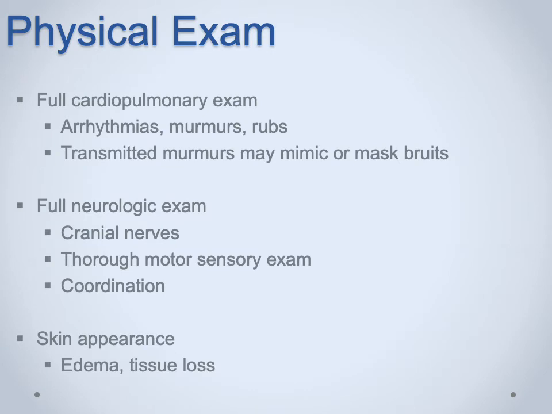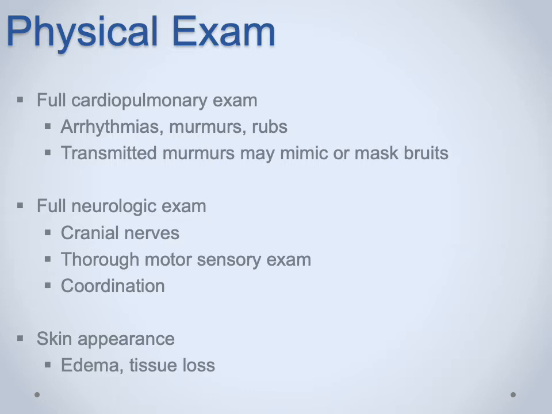Now, when you're taking a physical exam for a vascular history, it's important to do a full cardiopulmonary exam, assessing for evidence of arrhythmias, primarily AFib, any murmurs that would lead you to believe that the patient has aortic stenosis, or rubs if they have any sort of evidence of valvular disease. You want to do a full neurological exam, examining all cranial nerves, and a thorough motor sensory exam as well